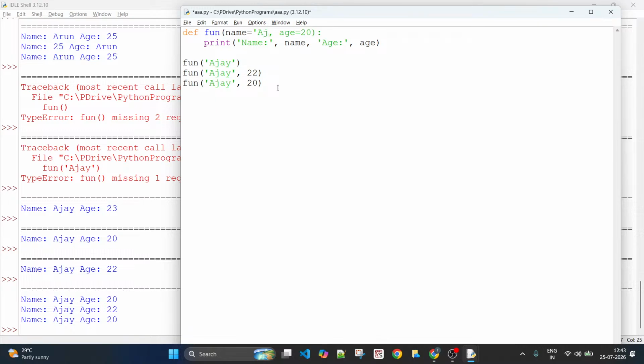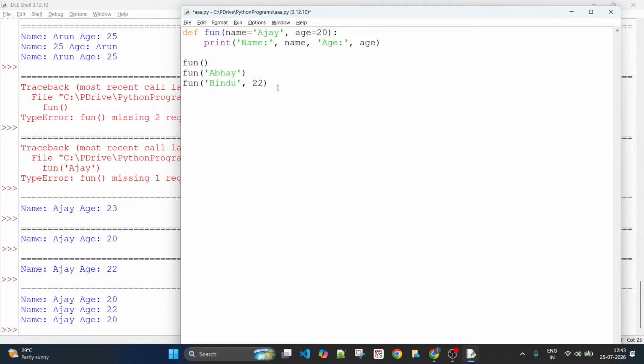Okay. Interestingly, what if I make name also a default argument? Now, can you tell me how many different ways I can call this function? Since it takes two parameters and both are default, I need not pass any argument at all, or I can pass one argument, or I can pass both arguments, and I'll change the name now.